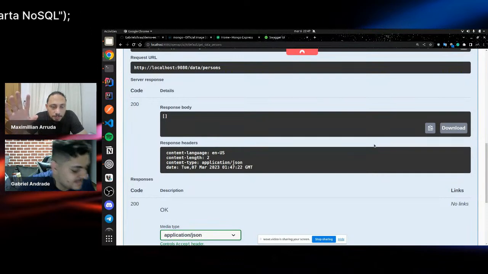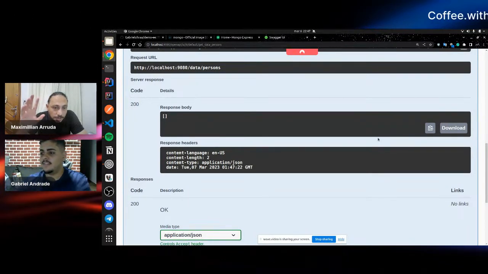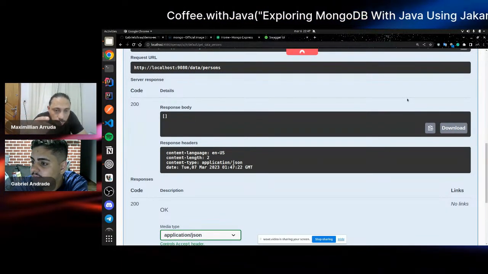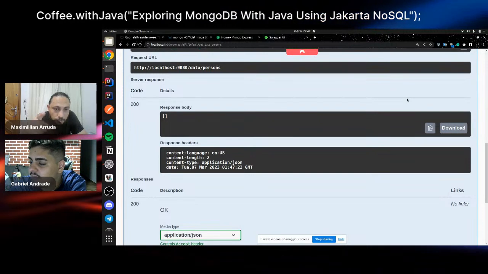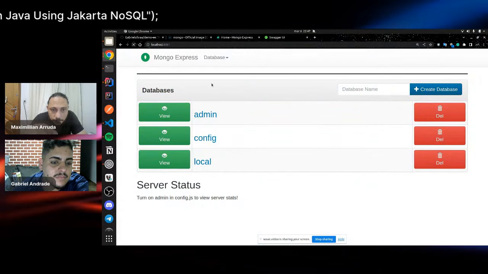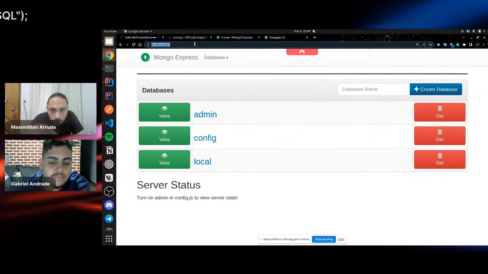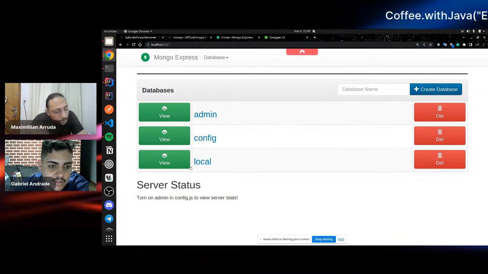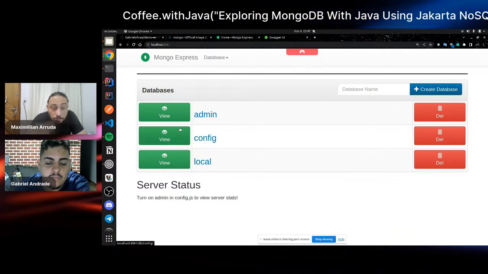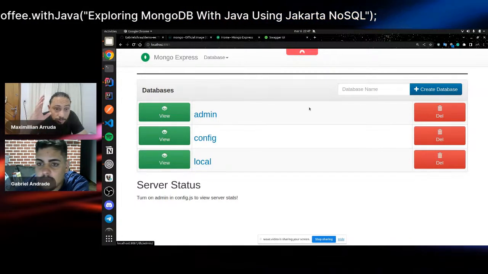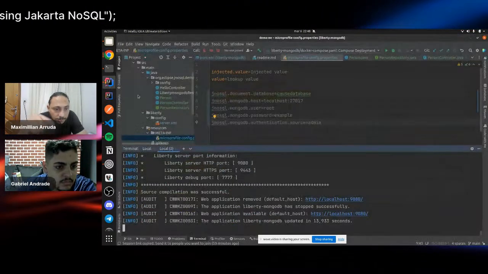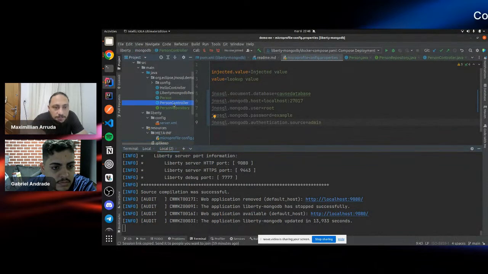Okay, so basically, we did the connection, the integration with Mongo. If you go to the Mongo Express, you will be able to see a collection and the database there. Refresh this page. Yeah, nothing, because there is no data inside of there. So let's create a create method down here in our controller. Let's put data in there, and let's list the data again.